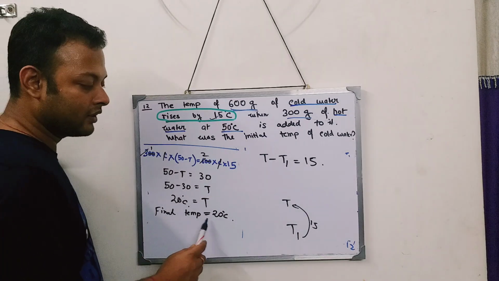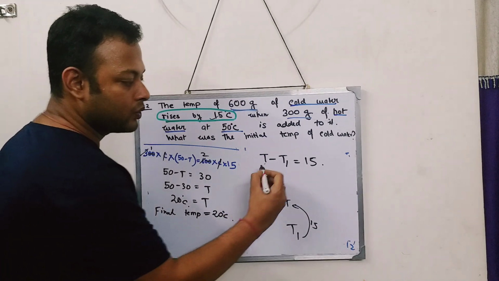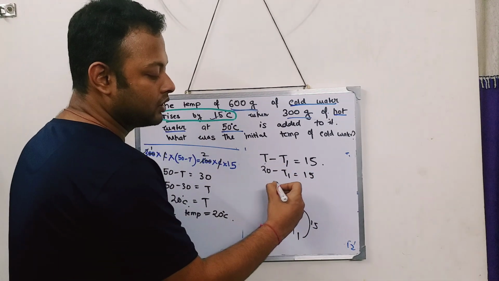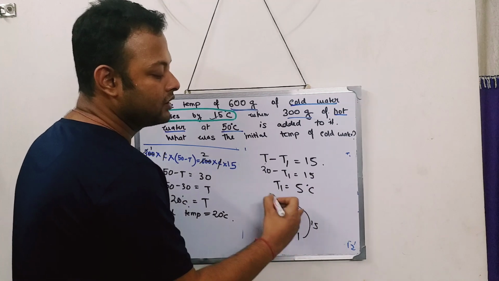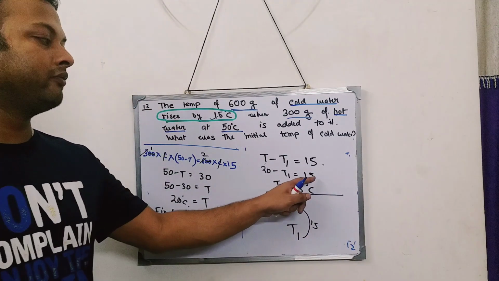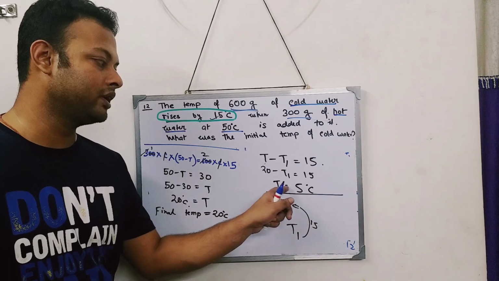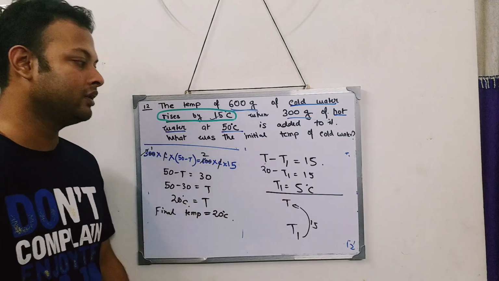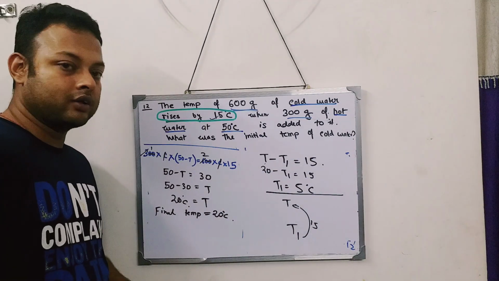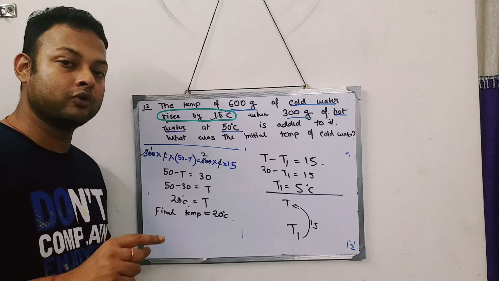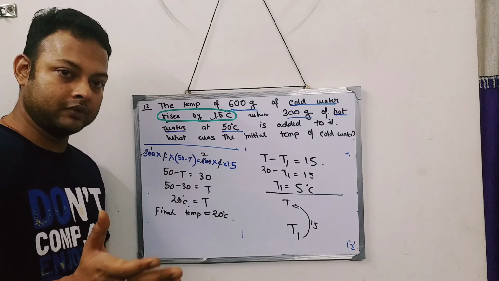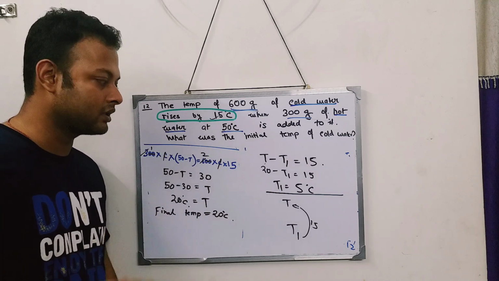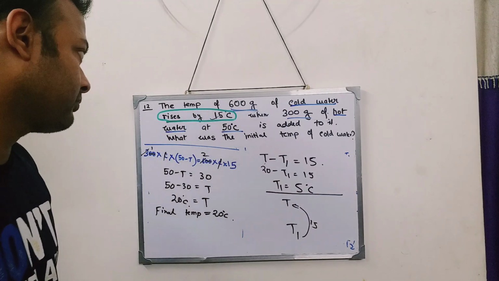Now since I got the final temperature, this value I got as 20. So I'll substitute, and as I substitute, T1 becomes 5 degrees centigrade. If you put the 15 this side and T1 goes that side, T1 is 5 degrees. So the initial temperature of the cold body was 5 degrees centigrade. Okay, so if you haven't understood, go through the sums once more, just a few minutes or 10 minutes later, and go through the sum once more. You will understand what I did in this sum.